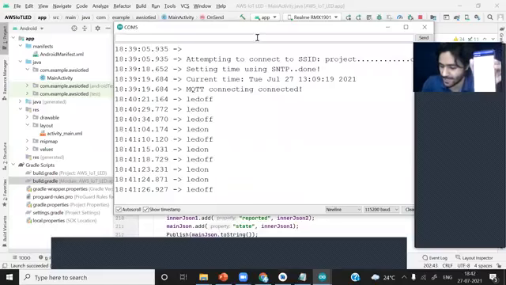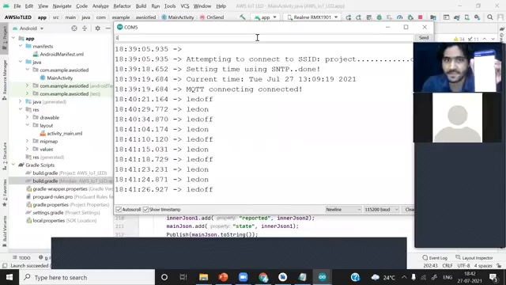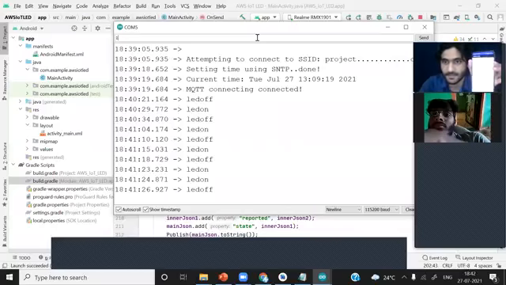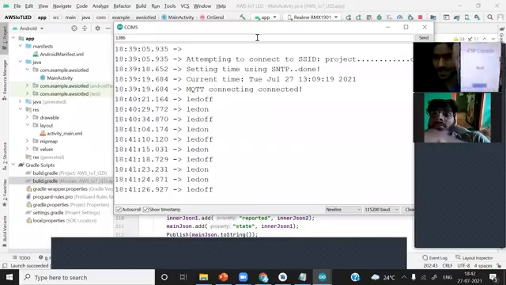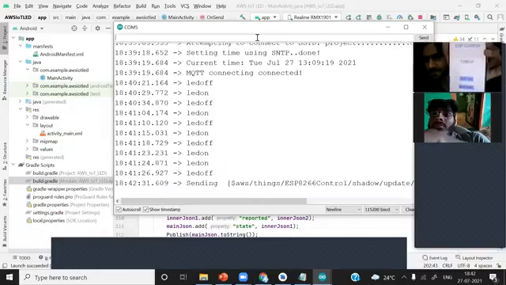I will just send some random data as 1286 and hit enter. You can see instead of null, we should be able to see this number now. I have pressed enter. Okay, we have received the data.